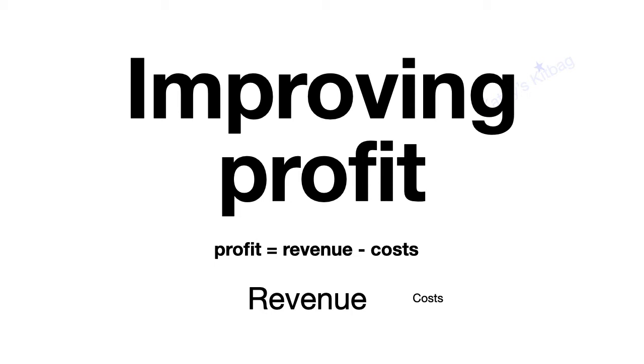The other side of it is the revenue side of the equation. Revenue, as we know, is made up of selling price multiplied by the number of units sold. So here again, there's two aspects that we can look at. If we want to improve the absolute amount of profit made, you could just increase the number of units sold and that will increase the number, or you could potentially increase the selling price. As we know,